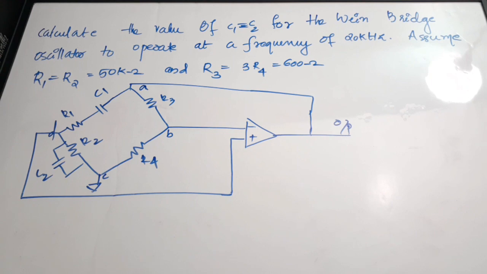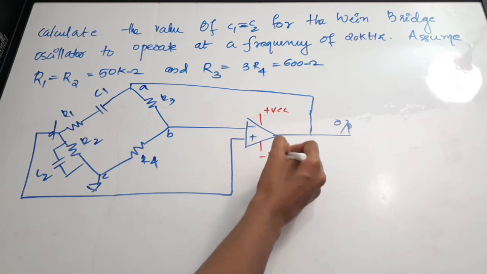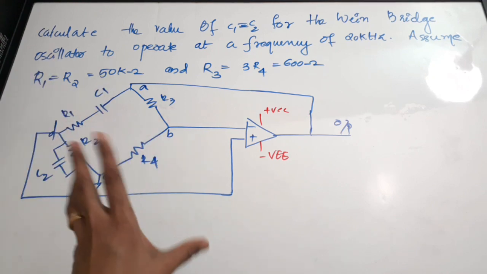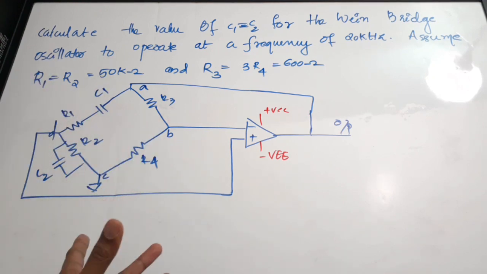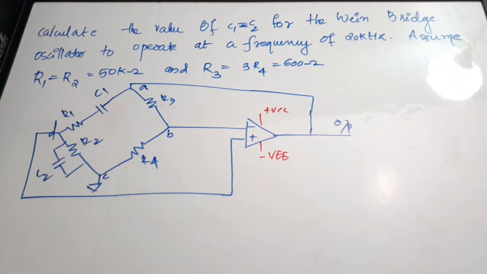The next question is again from the Wien bridge section. Here the figure of the Wien bridge is exactly given to you. One thing is missing here: there is a plus VCC and minus VCC, which is not really relevant for the numerical, but it is relevant for the figure. So this is the Wien bridge oscillator. In the first question, this figure was rearranged in some other way, in the correct form only, but it was rearranged to actually confuse you.